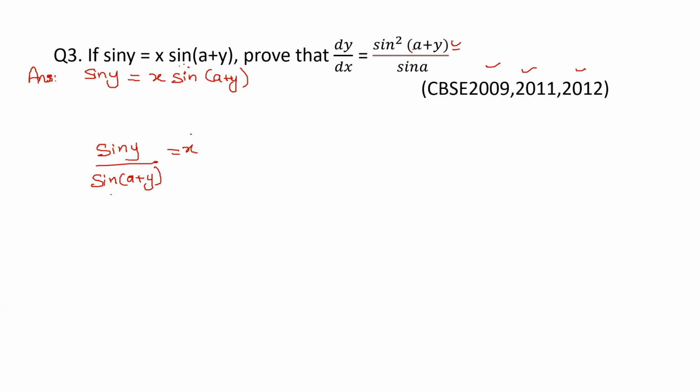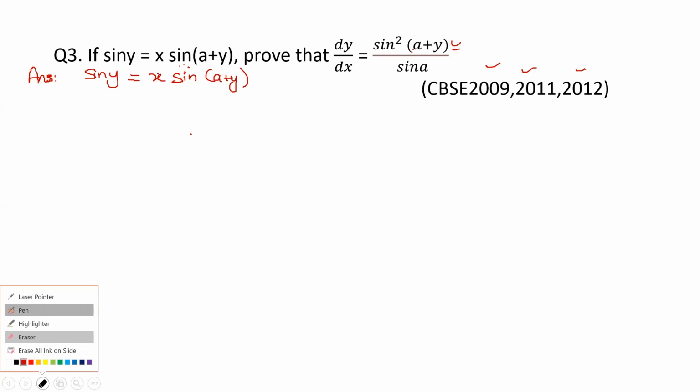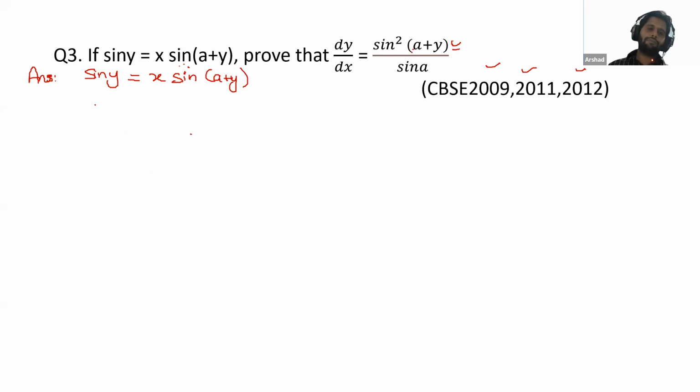So x is already on the right side, and this is already on the left side. X to the left, but what is the use of that? If you shift this x to the left side, then you will get 1 by x, and the rest on the right side, sine a plus y by sine y. So if you apply the quotient rule here,